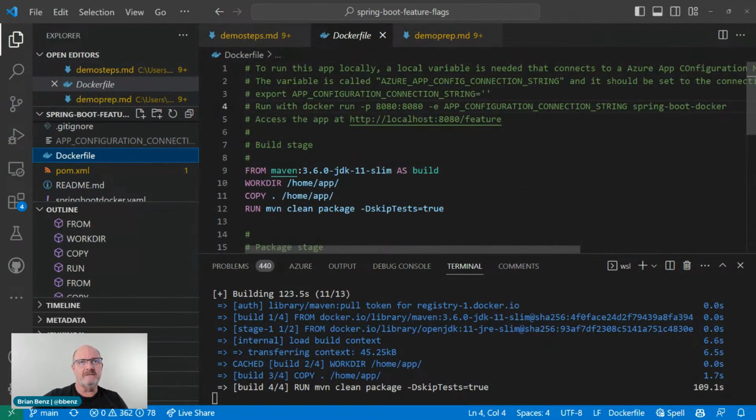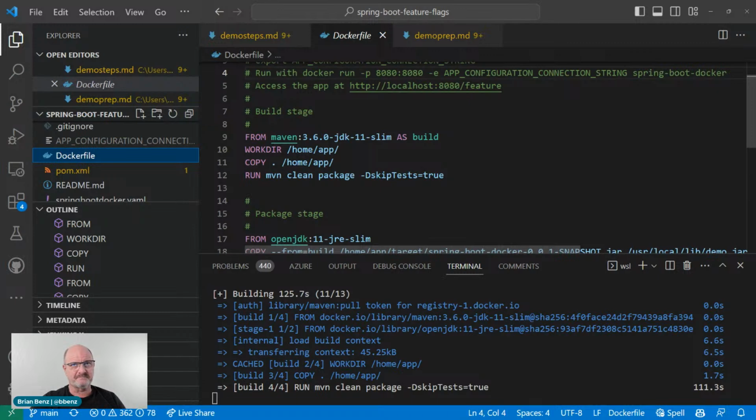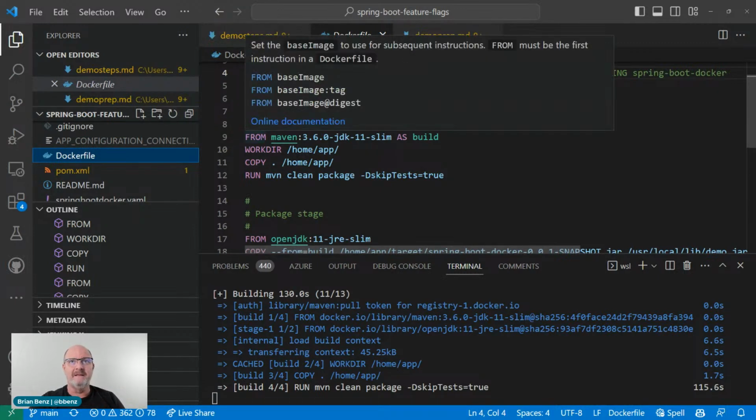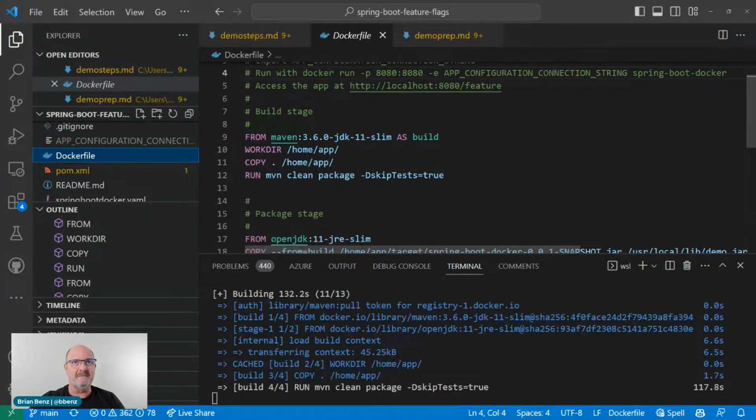So the Dockerfile itself is from Maven. We use the Maven image from Docker Hub, JDK 11 Slim. We didn't need the full JDK, so that's okay. We run maven clean package, just like you would on a local machine. I do -DskipTests=true